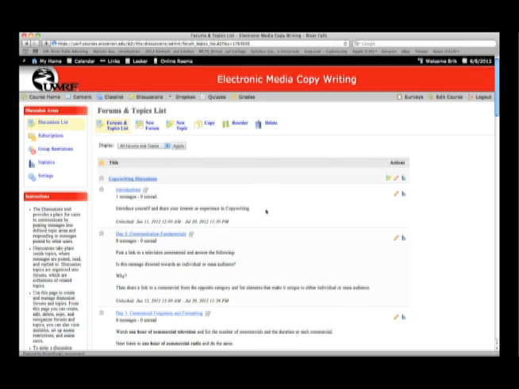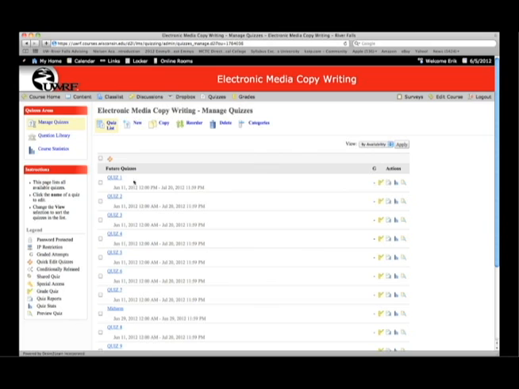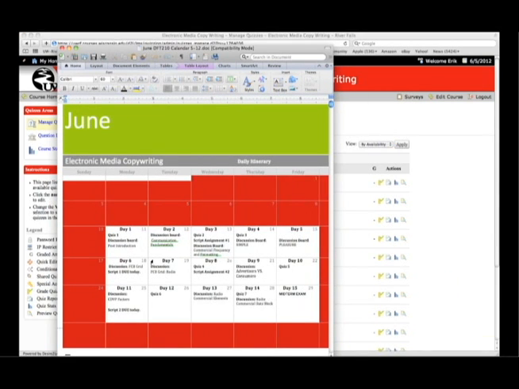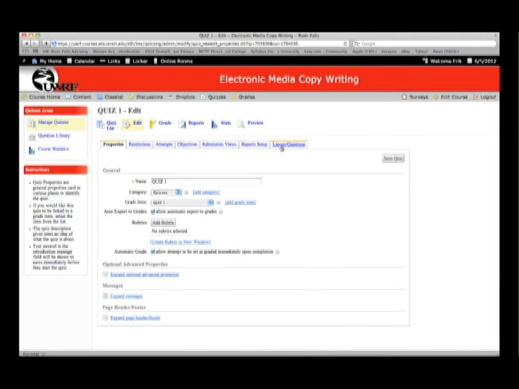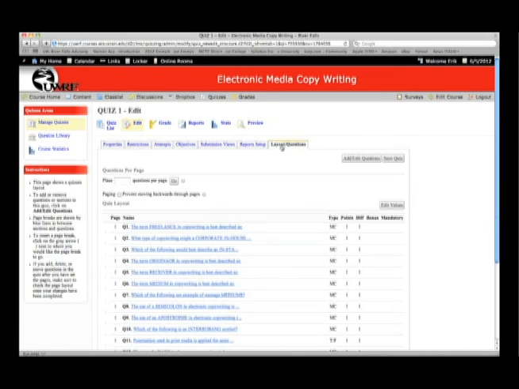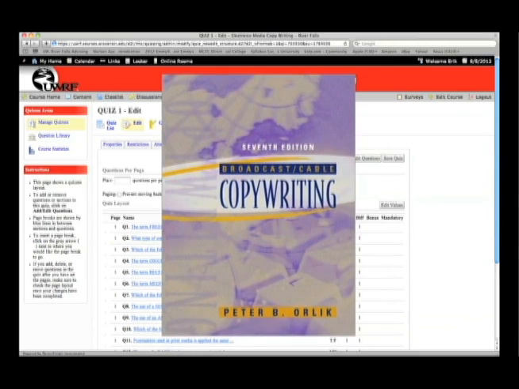The other thing to take note of is the quiz area, and that's located right here. Quizzes are listed in the syllabus as well as in our calendar area. If you haven't taken a quiz before, basically you would just click on it, and it would take you into the quiz, and the quizzes coincide with various chapters in the textbook, which reminds me, the textbook is definitely something that you want to get a hold of.